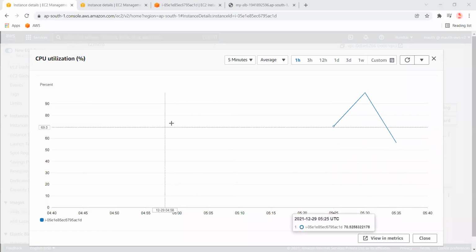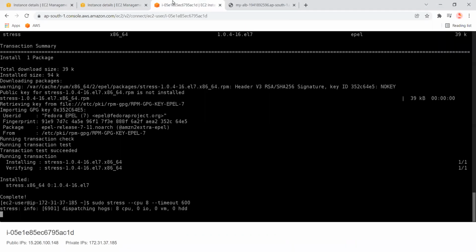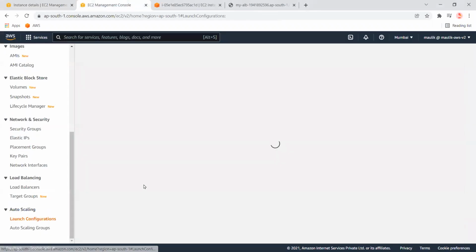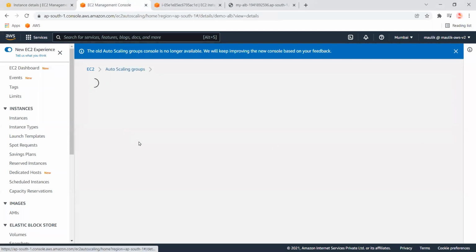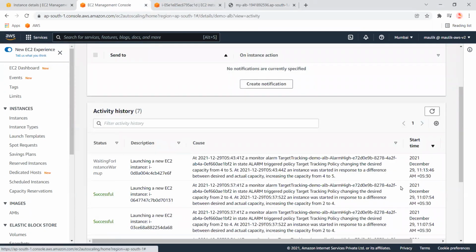See, this instance which we have restarted is now going down. Its CPU is going down right now, but again, it is still running around 55 to 60% CPU, and that is the reason the auto scaling group has again triggered the scale up policy, and it is again adding new instances into this auto scaling group.